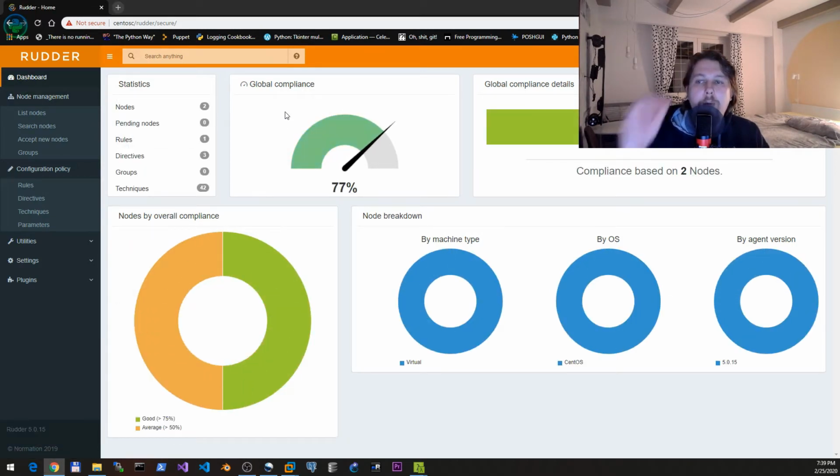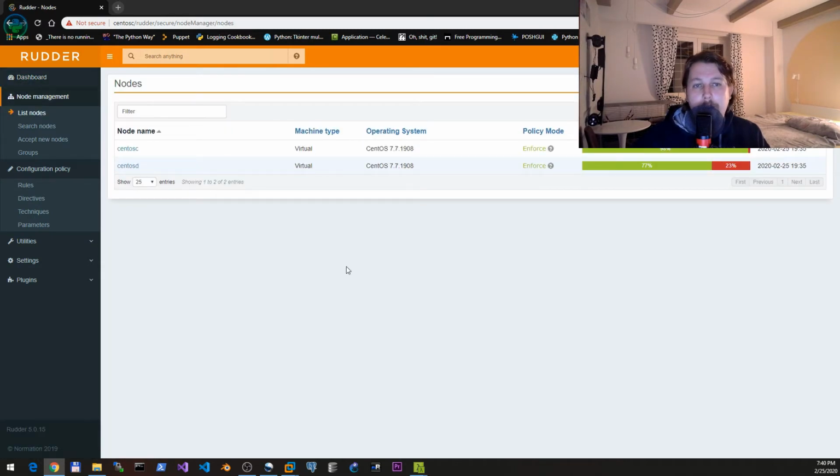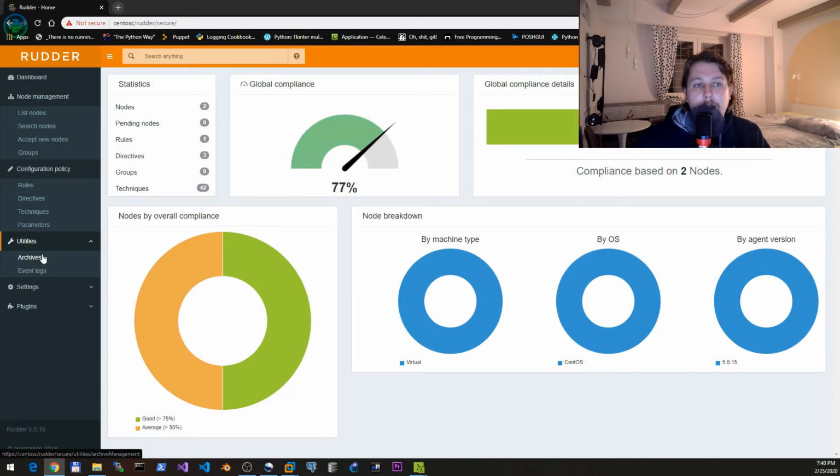And on this dashboard, you will find some statistics about the compliance and overall nodes, the machine type, the OS type, and the agent version. And this will differ based on your infrastructure where this Rudder solution is deployed. And I believe it's ingenious how they put together this part, because from the dashboard you can get to the nodes, check to see about the compliance and stuff like that, and under the utilities you will see